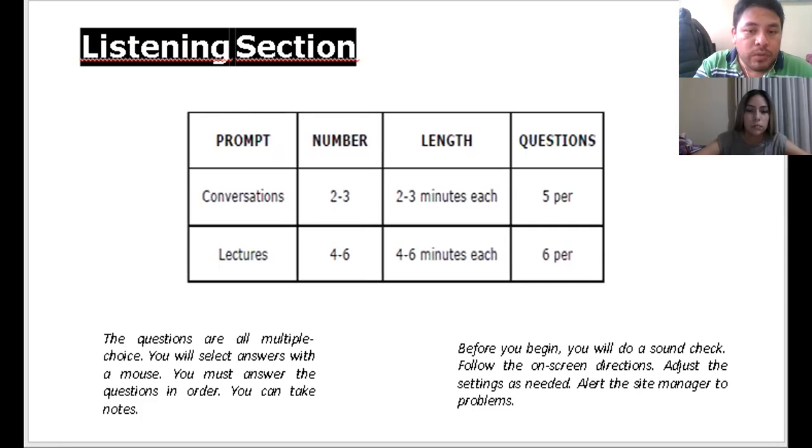You have 2 or 3 conversations. In each conversation, you have to answer 5 questions. Then you also have a lecture. You need to listen to a lecture, and it has 6 questions per lecture. Every listening that you will have lasts between 2 or 3 minutes, or 4 to 6 minutes